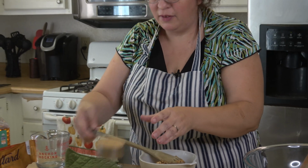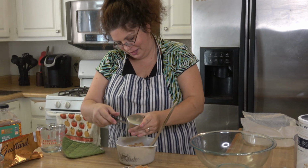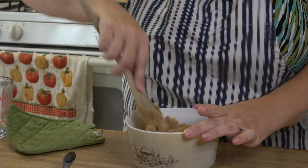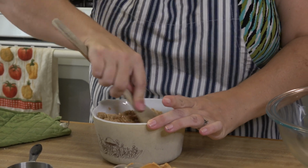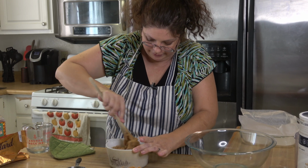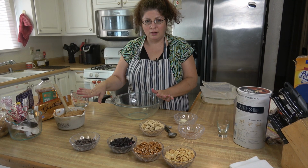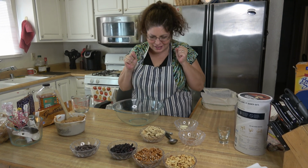And then I have 1/2 cup of brown sugar. Firmly packed. There we go. And mix it really well. We'll set this aside until we're ready for it. All that goodness. Okay, now that we've made our mixture of goop that holds all the goodness together, we're going